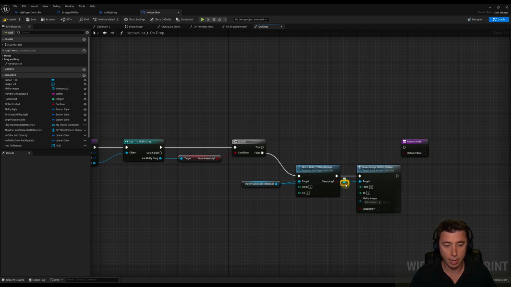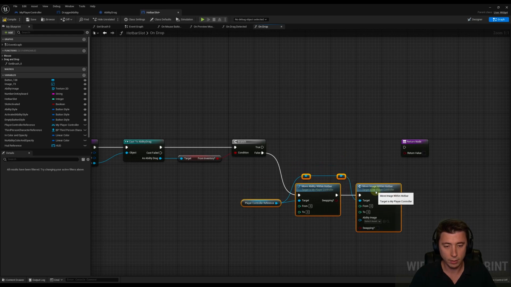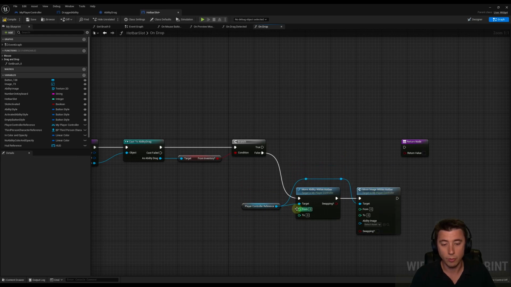I'm just going to add a reroute node to go right over the head here. And a second one, why not? Move all these down a little bit. Now we've got to send in where we're moving it from and to here, and swapping. So swapping is just going to be connected up just like this. This function is determining whether or not we're swapping, and then it's putting that data into the move image